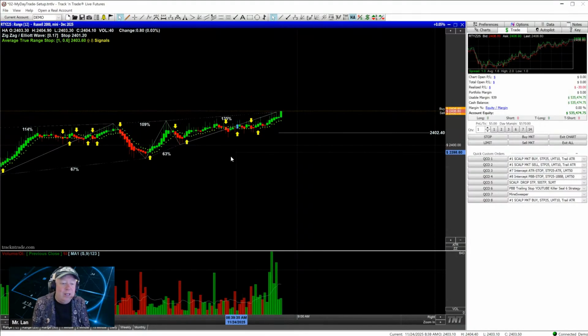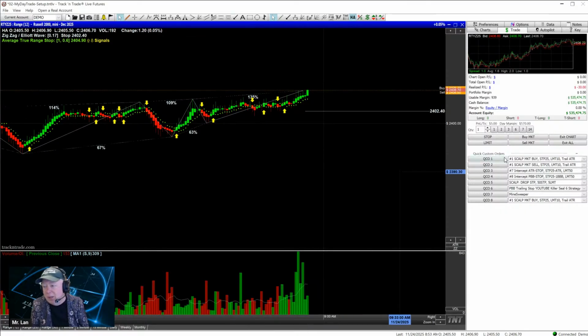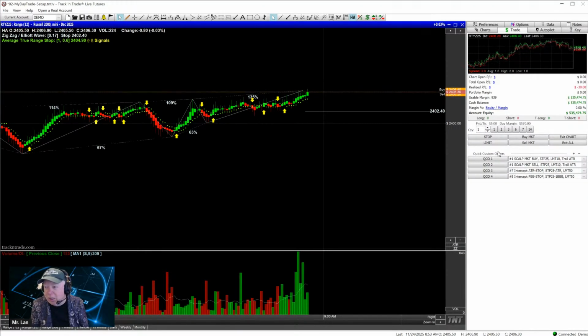So that's how you get a little bit going with your software. Don't be afraid of it. You can't break it, okay? So we're going to come in here, and I don't need all those buttons. I'm going to take it back down to 4. There we go. And now we're going to come in here, and the next order I want to show you